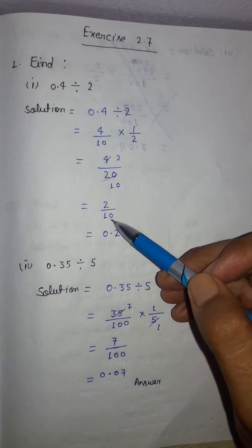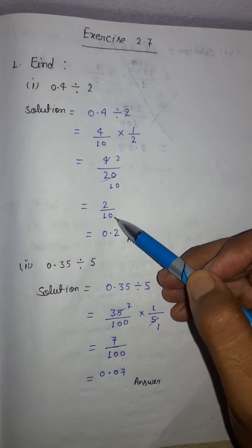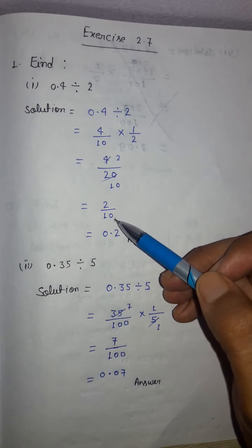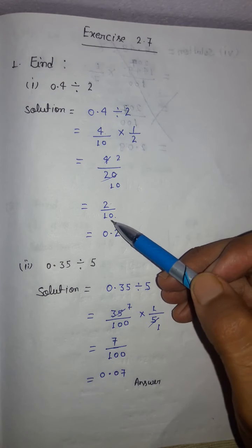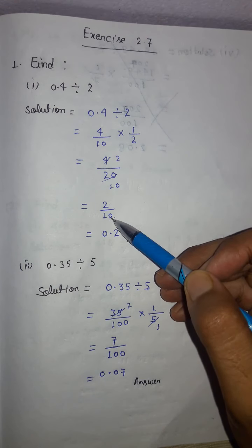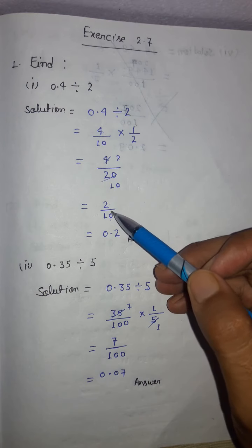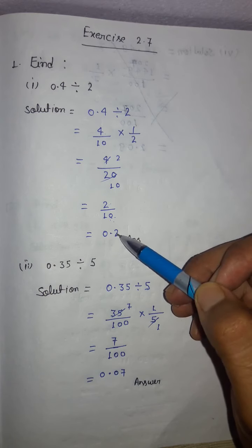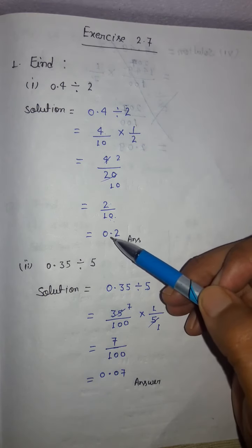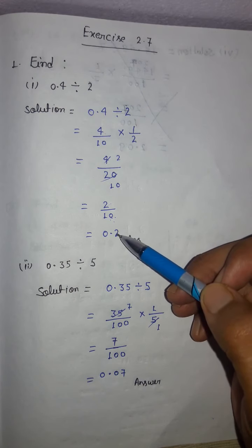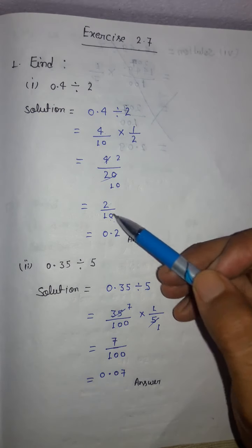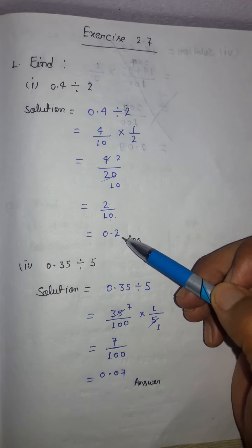Otherwise you can do it like this. Here 10 is given in the denominator, so we have to keep 1 digit after the decimal. You can see we have only one number, that is 2. So after the decimal we write the 2, and since there is no number before it, we write the 0. So you can do it directly. Otherwise you can also use the place value to write it in this form.